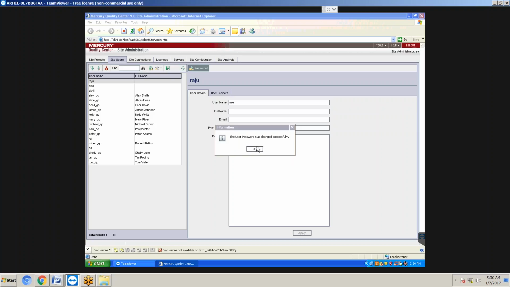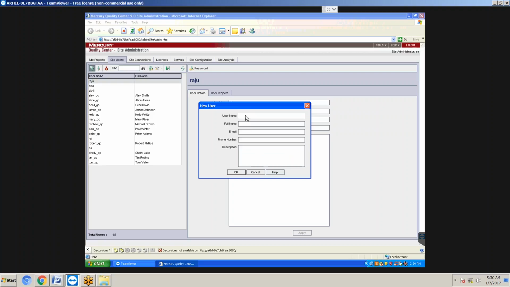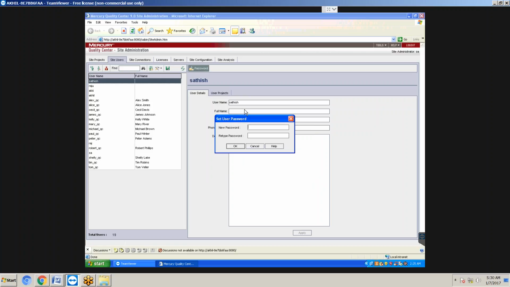Third user, Satish. Click on OK. Password, Satish.